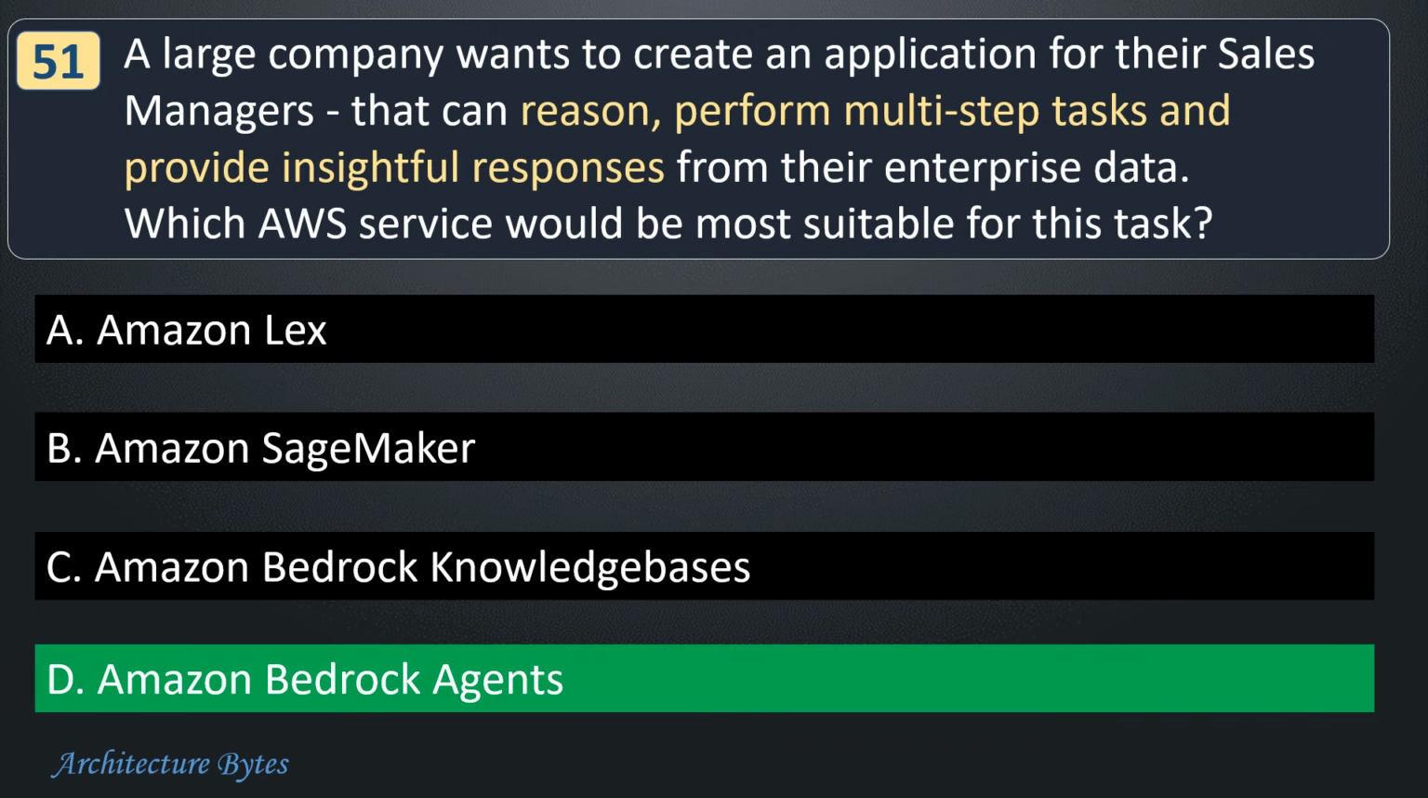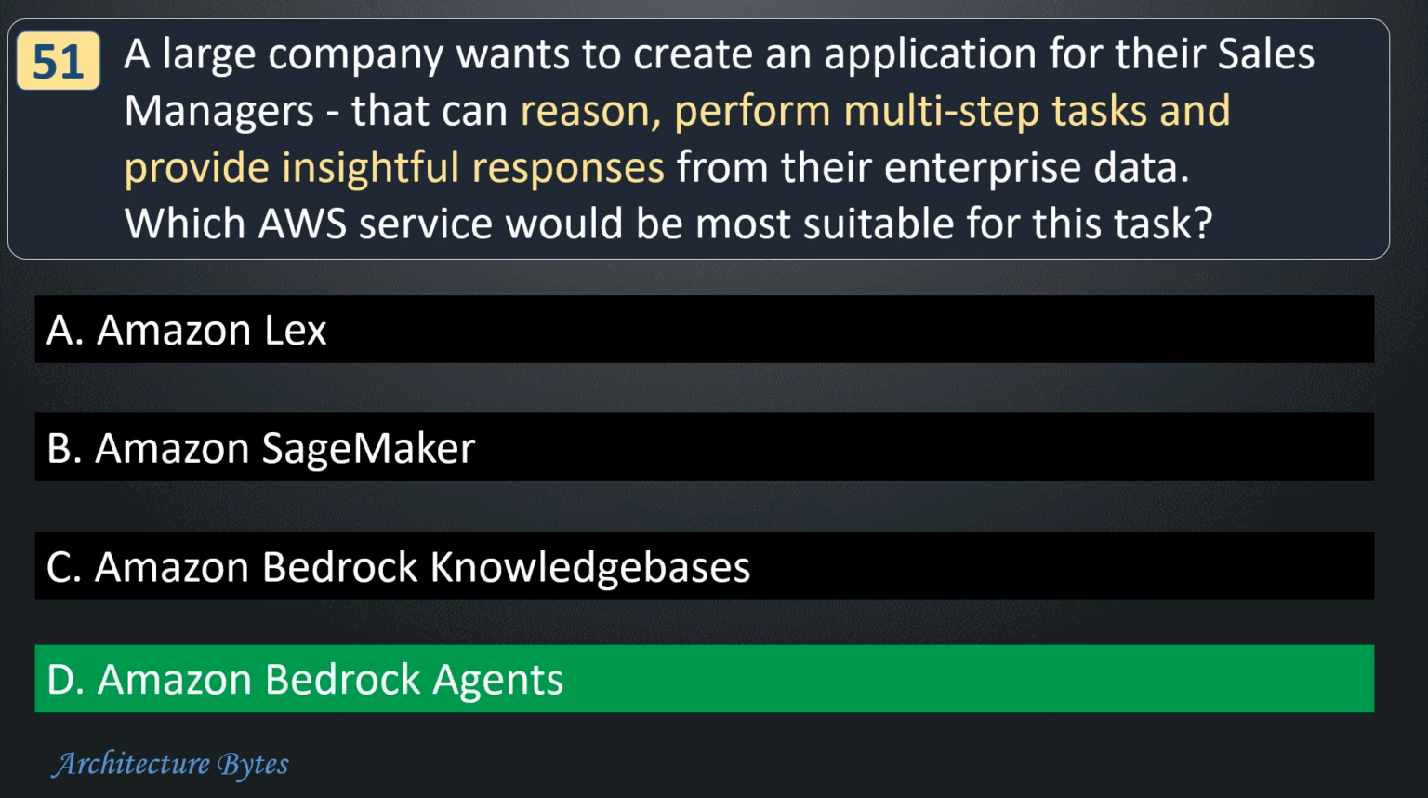Option D, Amazon Bedrock Agents, is the right answer here. They can leverage both LLMs and knowledge bases to provide answers based on enterprise data. Amazon Lex is specifically designed for building conversational interfaces. SageMaker is a platform for building and training machine learning models, while knowledge bases can serve as a data source